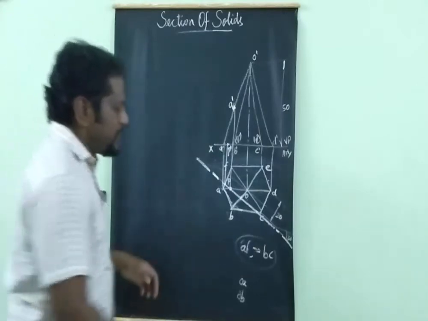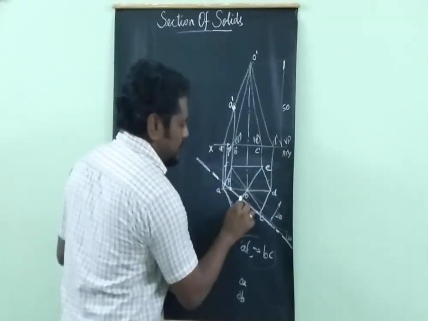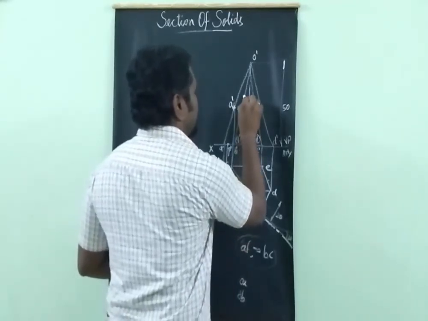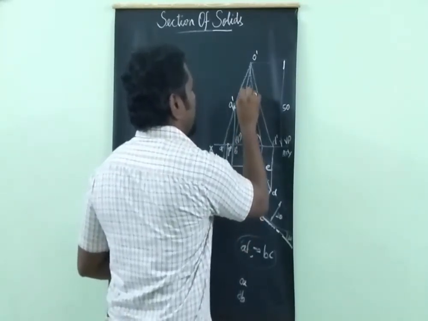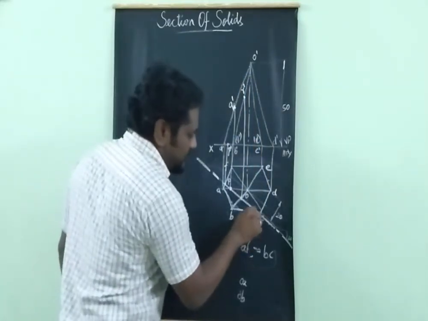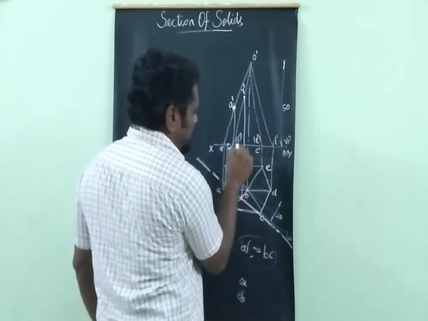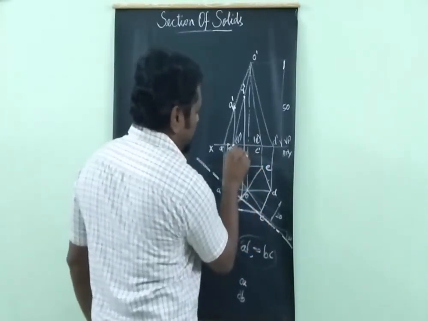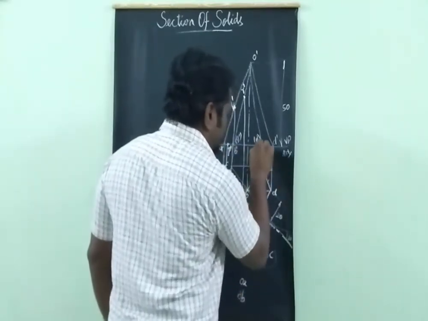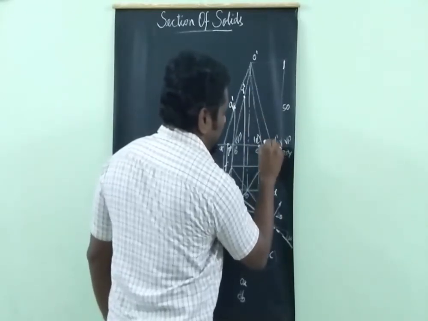Then this point has to be transferred to the line OB. So transfer this point to OB is here. So here the point R dash. Okay. This point is in the line BC. So where is BC? So BC is somewhere here. So this point has to be transferred up to here. So this point is point S dash.